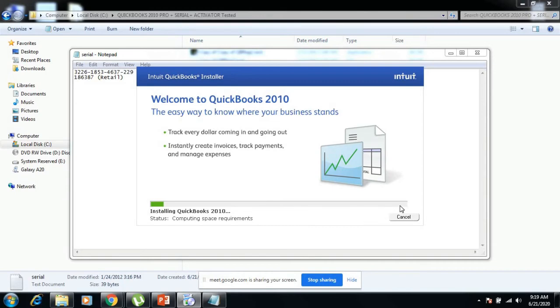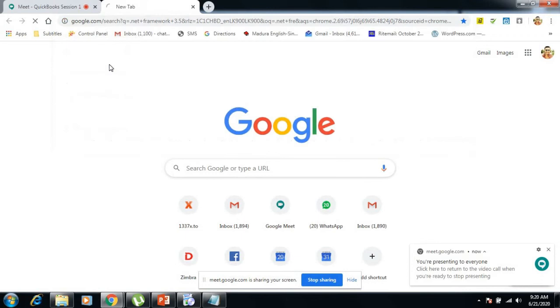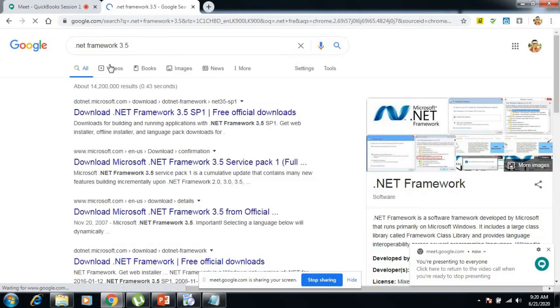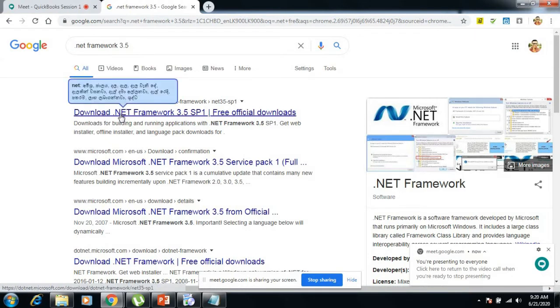So after this installation you will be able to open. Now those who are not having Windows 7, they have to download this .NET Framework 3.5, which is a separate application. Especially those who are running on Windows 8.1 and Windows 10 versions, they have to download this .NET Framework 3.5 and install it before installing the QuickBooks 2010 version.